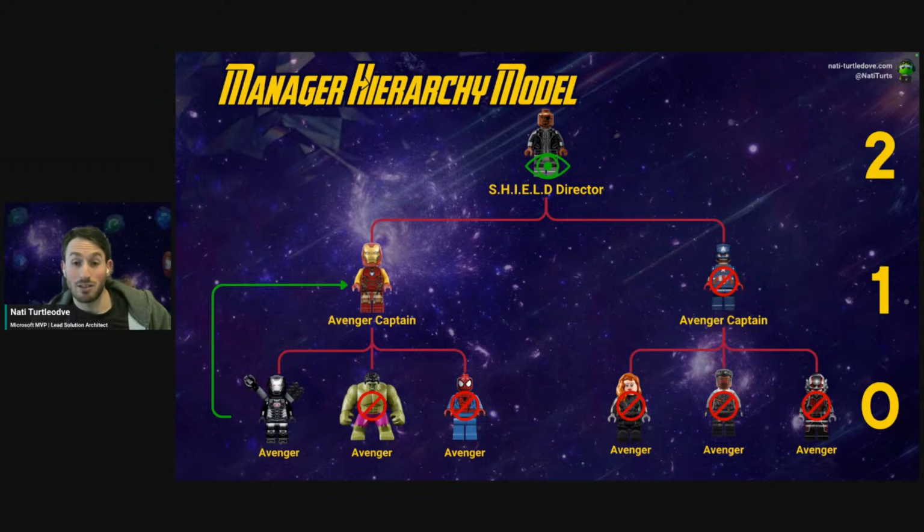And that's setting our depth level on our hierarchy model to 1. If we set it to 0, it means, okay, only War Machine can access that. No managers above him can access that. If we set it to 1, Iron Man can then interact with that record fully. If we were to set it to 2, for example, then the line manager above the direct manager would then also be able to view the record.